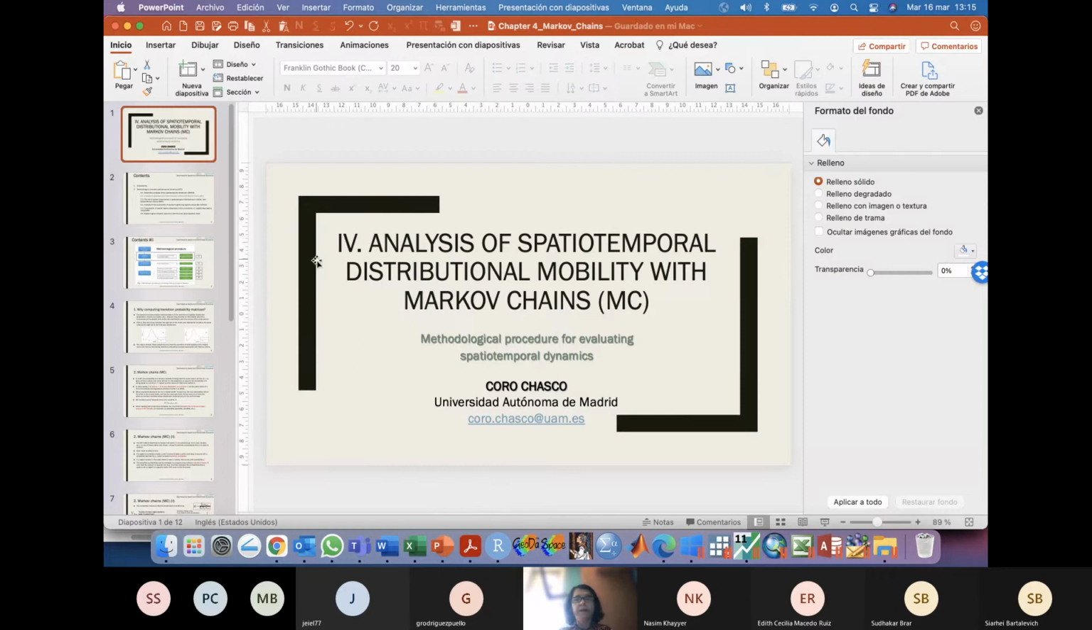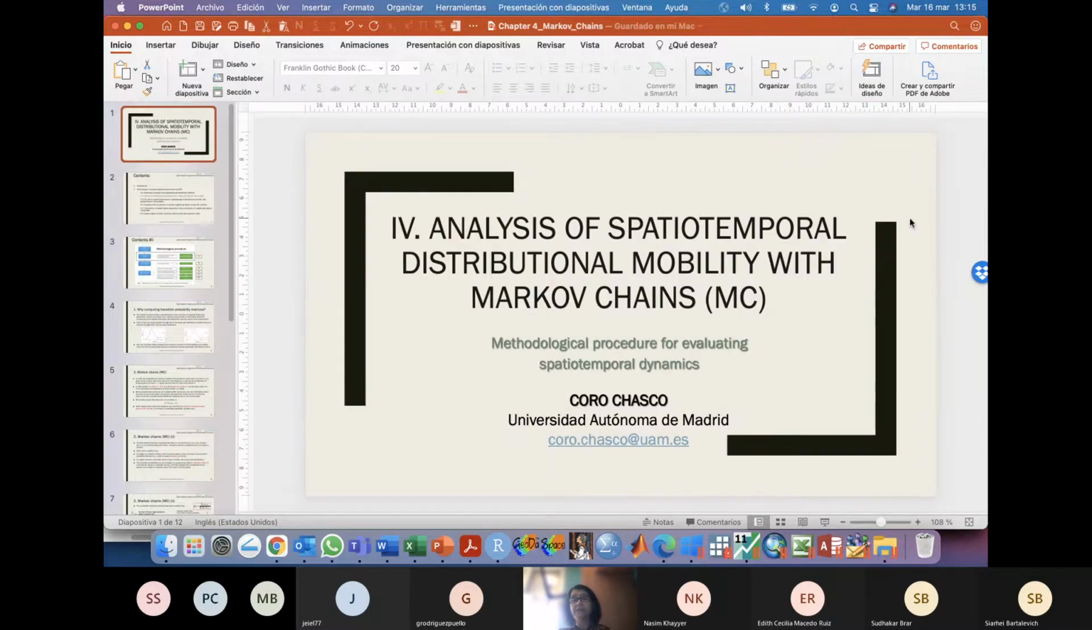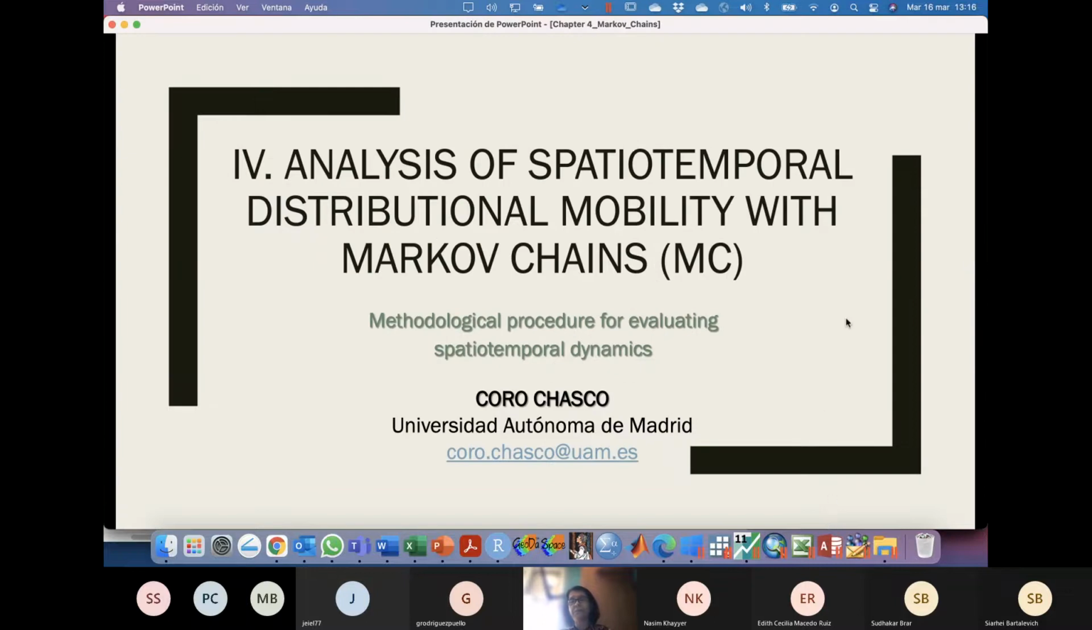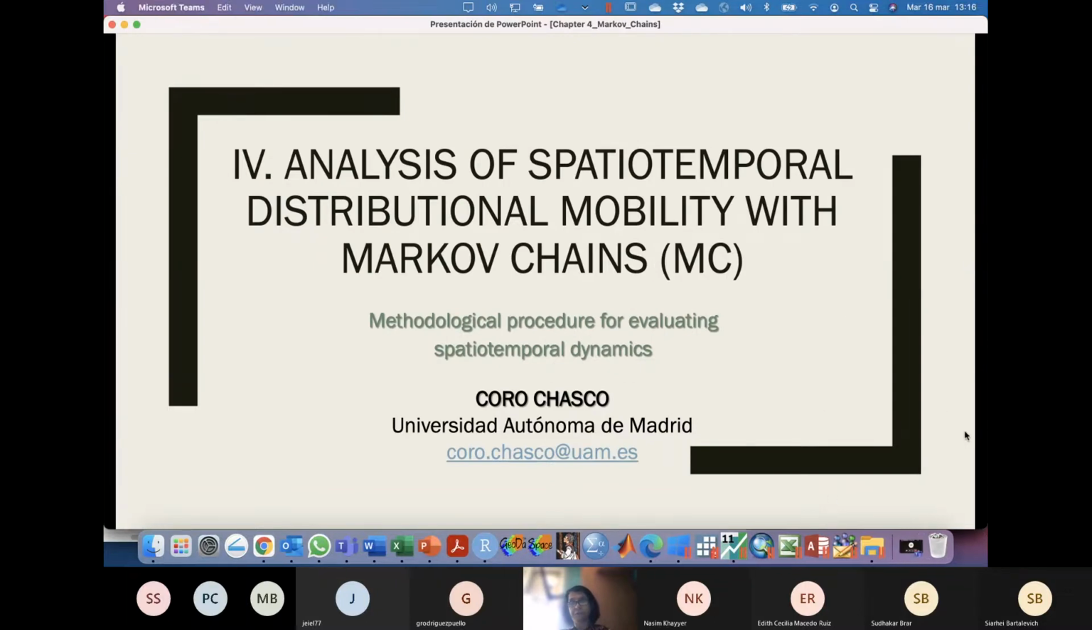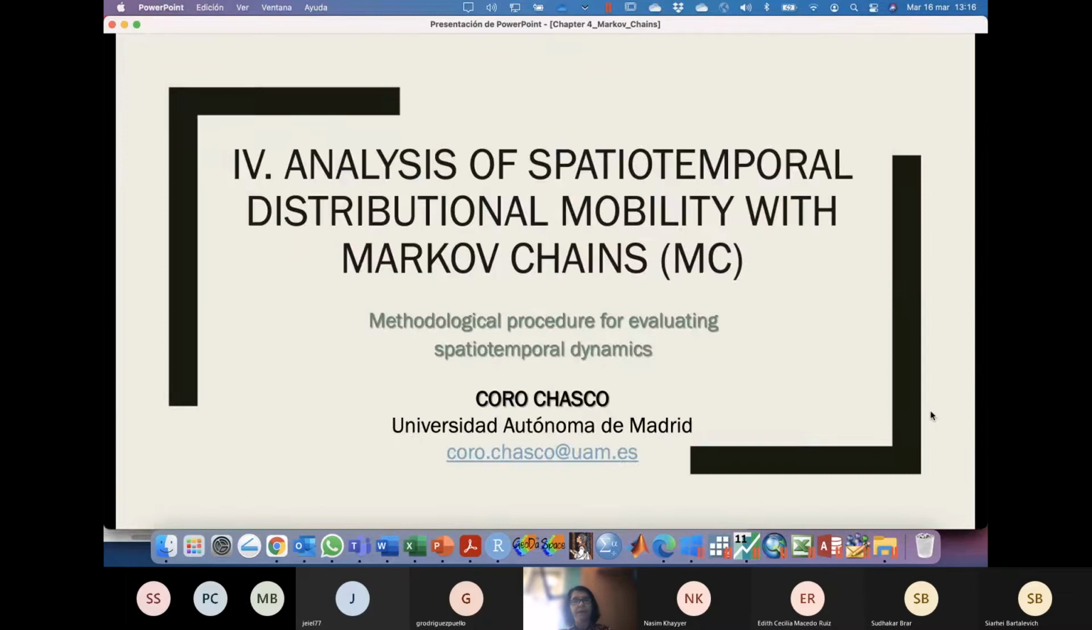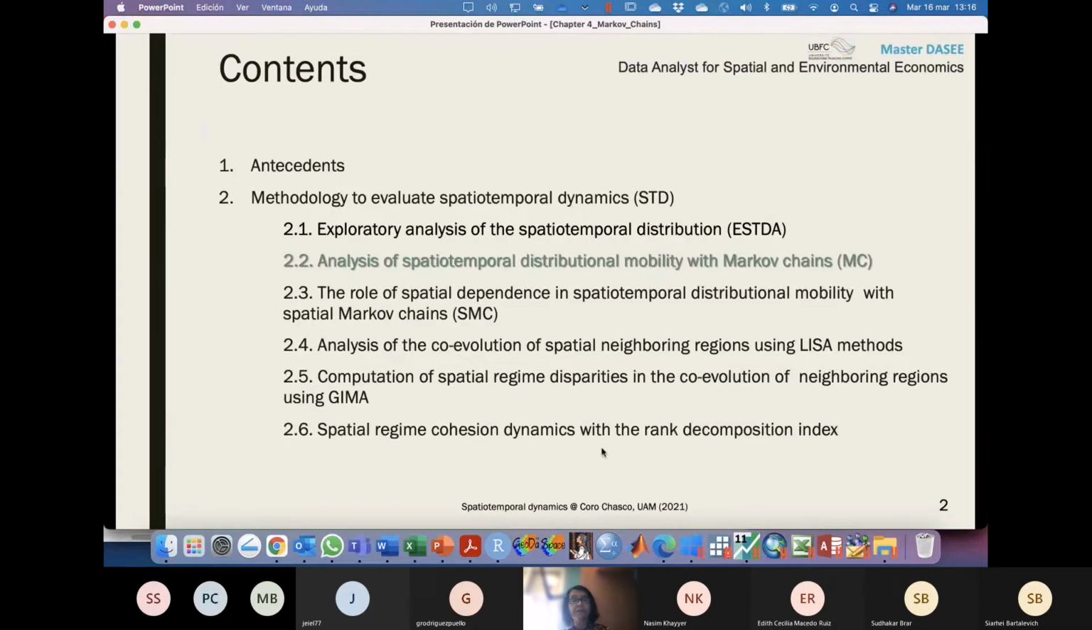So the fourth step of this process is the analysis of the spatiotemporal distributional mobility. So inside the distribution in time, there is a kind of mobility. As I said, this is not the mobility that we can find in transportation or migration. No, this is not this kind of mobility. It's the mobility inside the distribution, okay? So in this process,